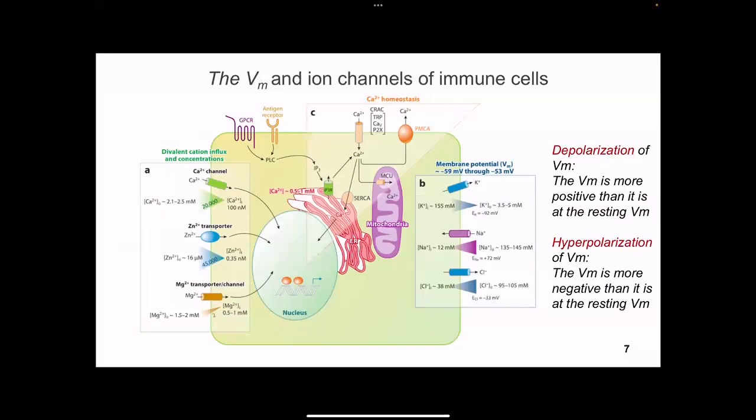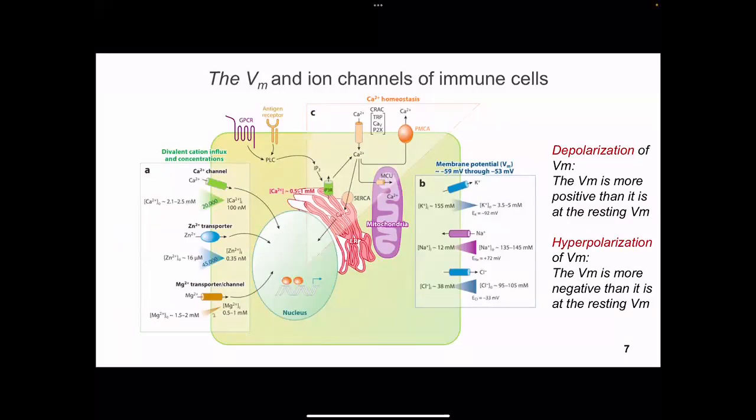Although immune cells are usually non-excitable cells, they also express ion channels and transporters to regulate the membrane potential and cell signaling, as well as physiological cell functions, such as gene expression, cell death, apoptosis, proliferation, development,